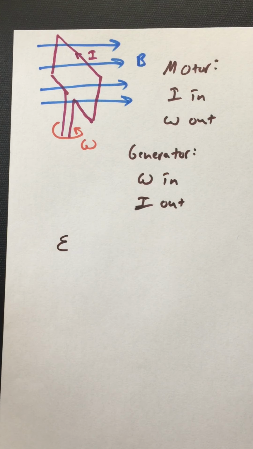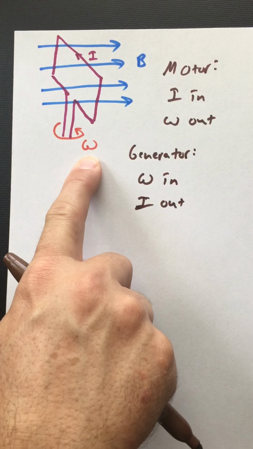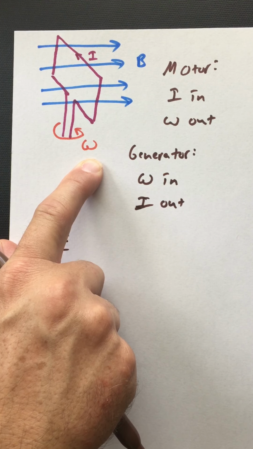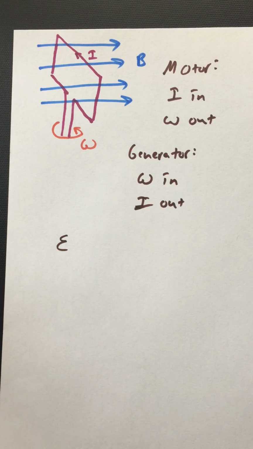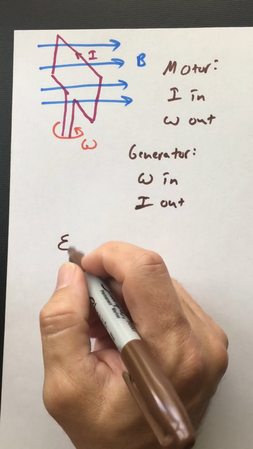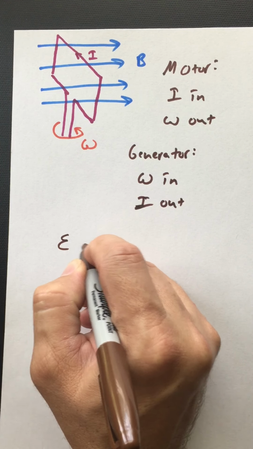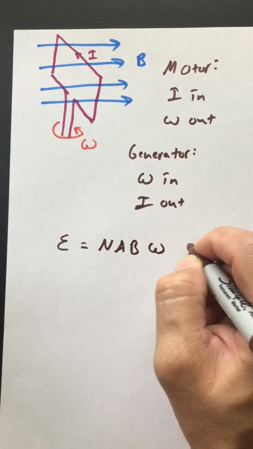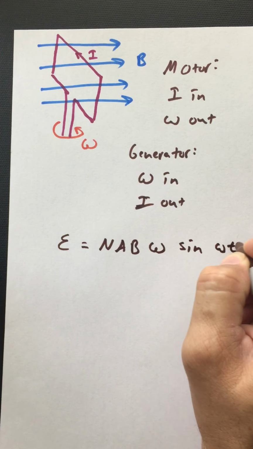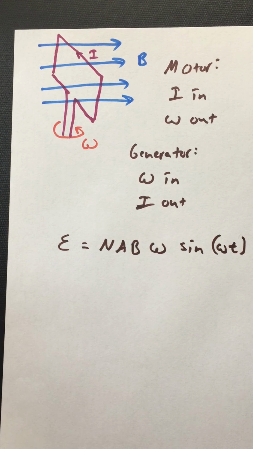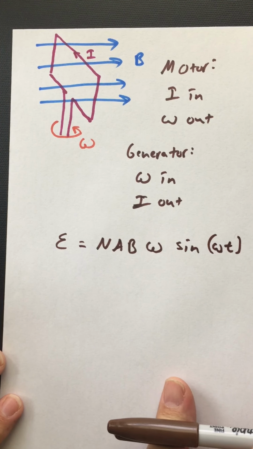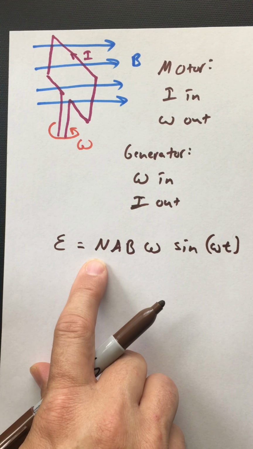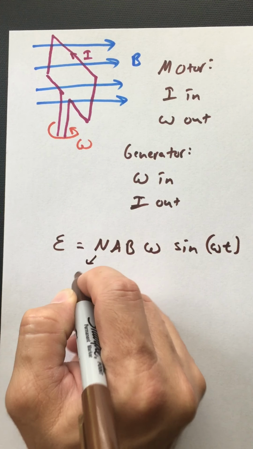So the EMF induced in this coil, if I make this thing rotate, so I've been comparing motors and generators, I'm really talking about generators now. So I'm going to make this thing turn. I'm going to put in motion. I'm going to get out a current. So the equation that will describe that is this. It is. The EMF induced in this coil can be given by this expression, where N, as always, is the